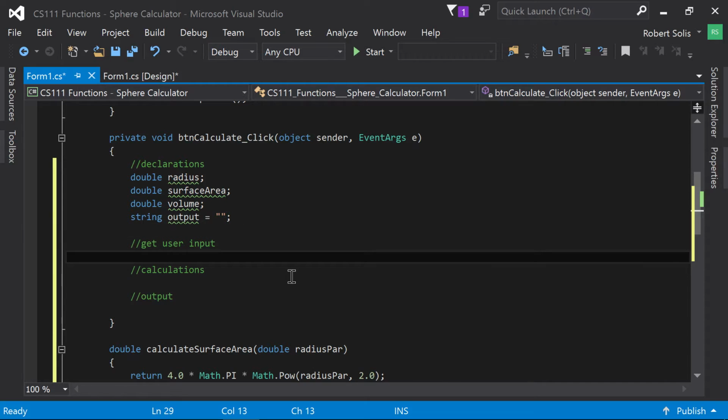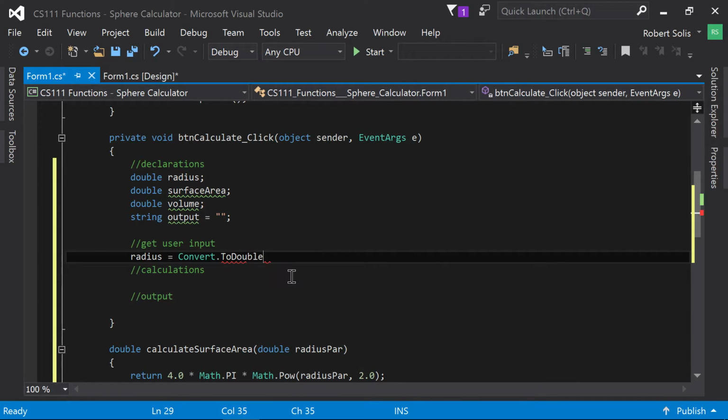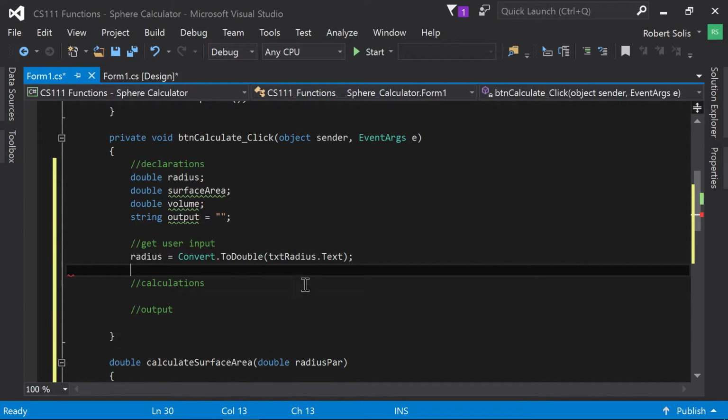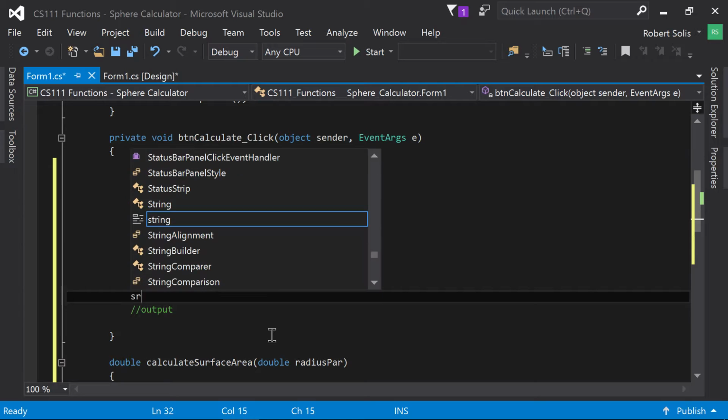Now, over here in the get user input, radius is going to be convert dot to double, and I'm going to get the data from this txt radius text box and place that into the radius variable. All right, well, now that I've got that, I can perform my calculations. All right, so the calculations, what I'll do is I'll say surface area